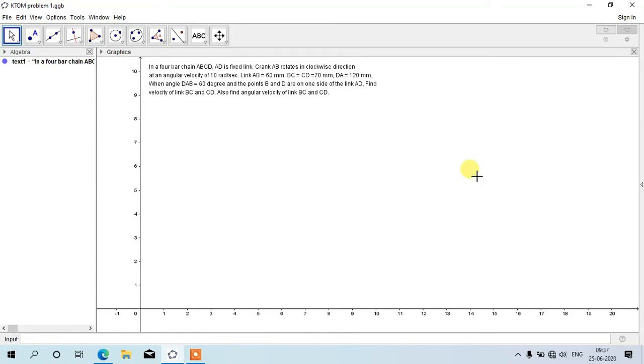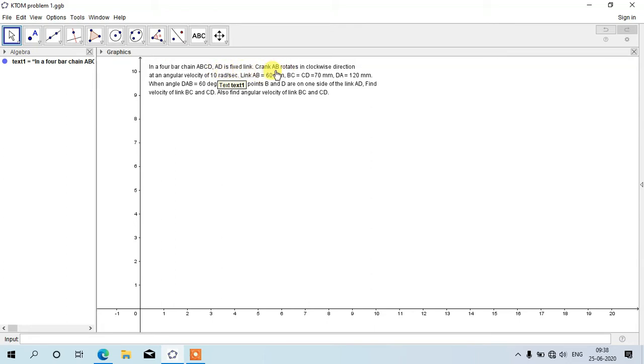Today we are going to discuss a problem of velocity analysis for a 4-bar linkage. So here the statement is mentioned. It goes like this. In a 4-bar chain ABCD, we are having a 4-bar linkage ABCD where AB is a fixed link,